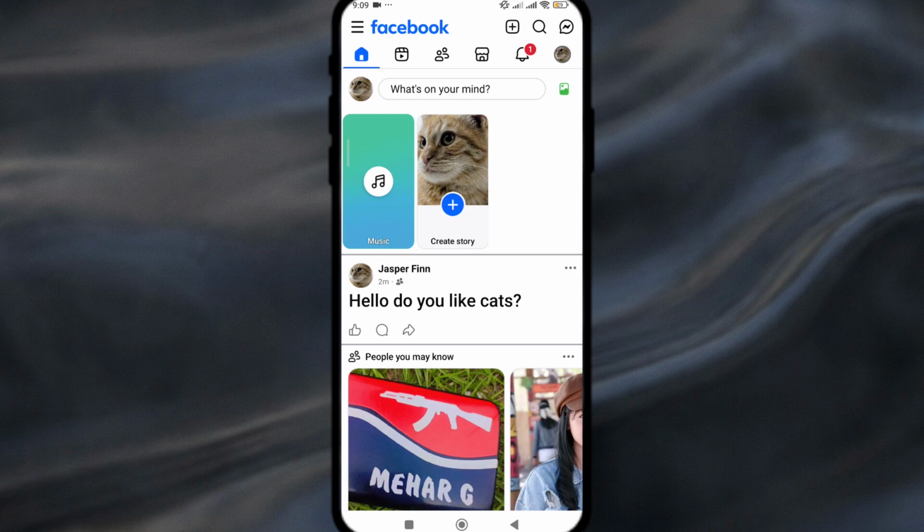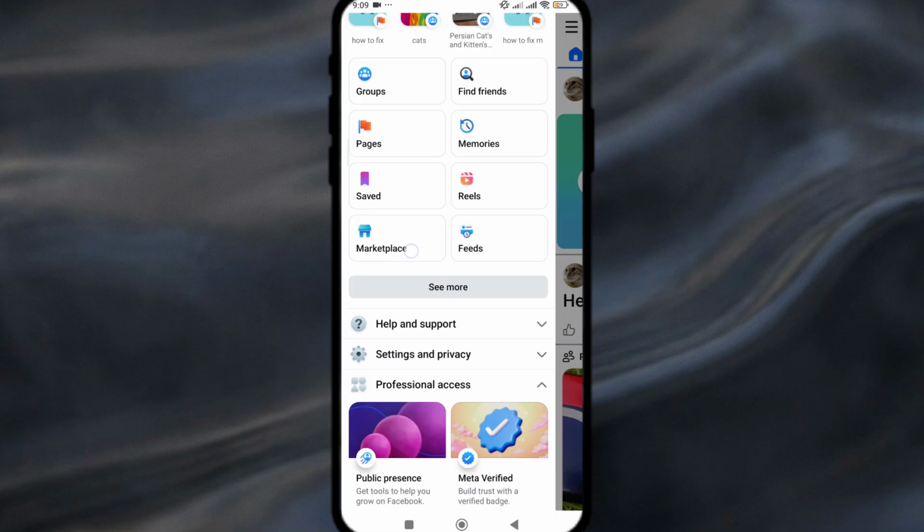In this video, I'll show you how to hide your friends list on Facebook so other people cannot see who you are connected with. First, open the Facebook app on your phone and make sure you are logged into your account. Tap the menu icon in the corner of the screen, then scroll down and tap Settings and Privacy, and